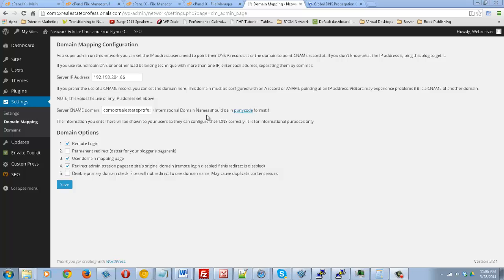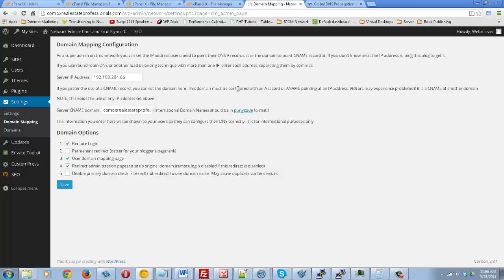Now keep in mind that you can only use one or the other, and since the IP address has been listed in there, then that's going to override the CNAME. But that's all there is to it to set up domain mapping, save changes, and now whenever we want to